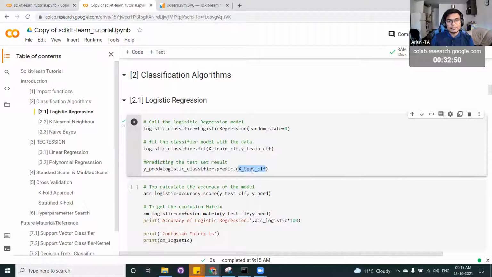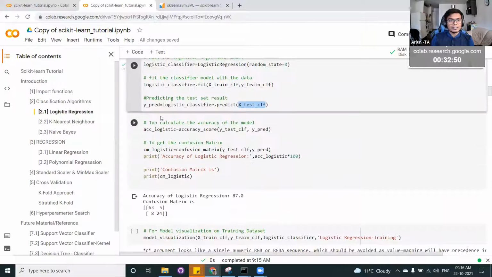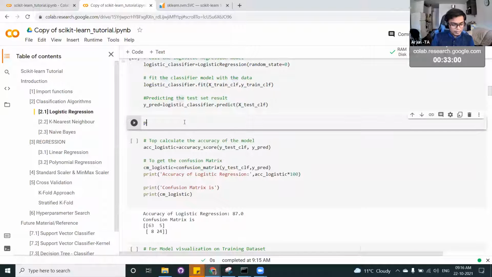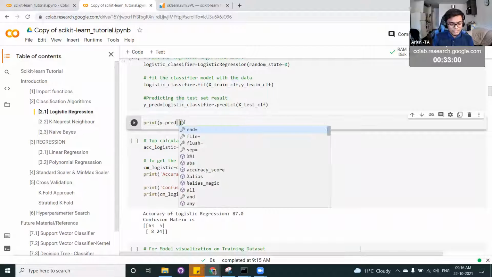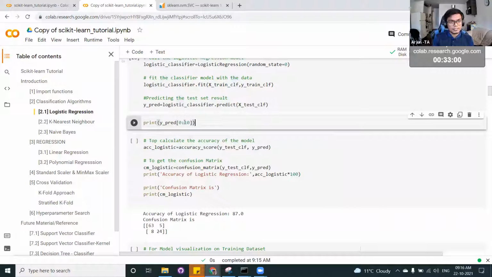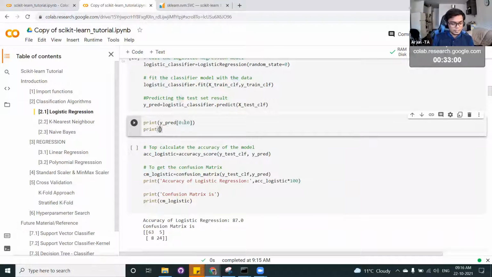Here X test is 80 records, and X train is 320 records. So we will be testing with the 80 records, and we got y pred. Just to see it, print y pred. Let's take the first 10 records and print y test as well.